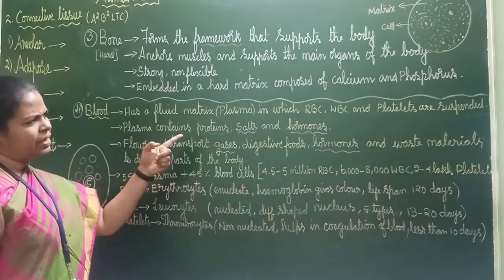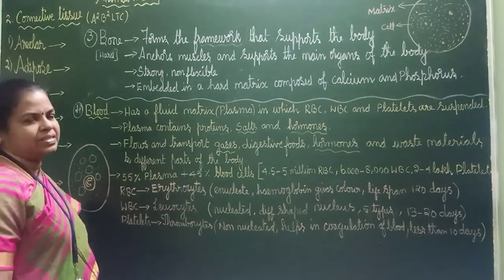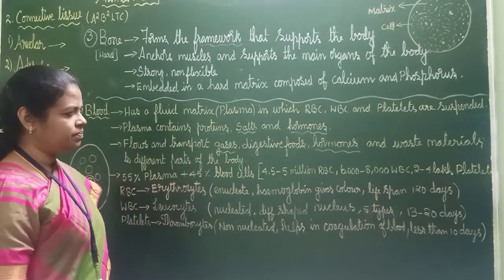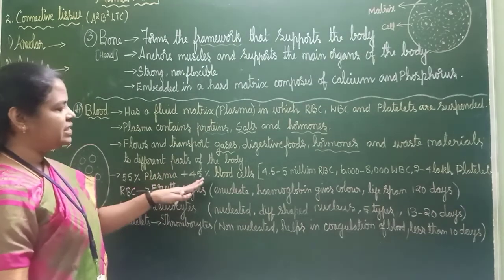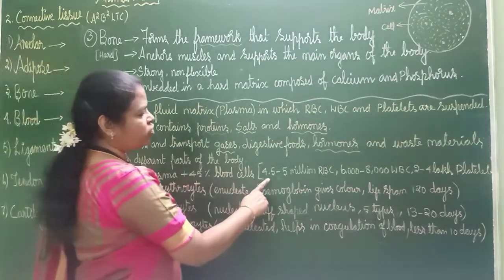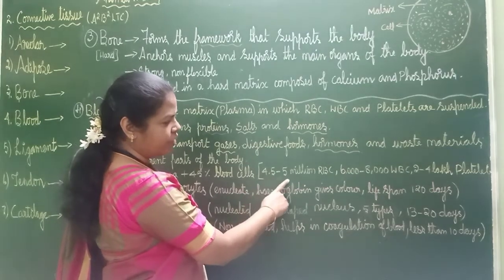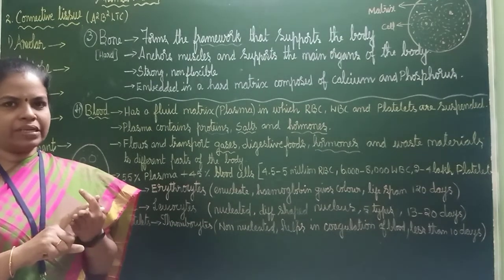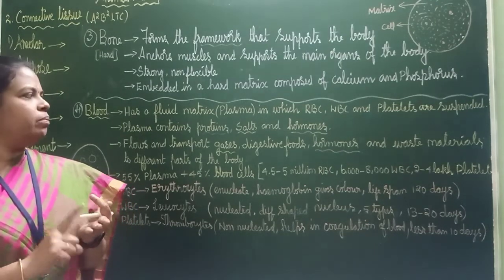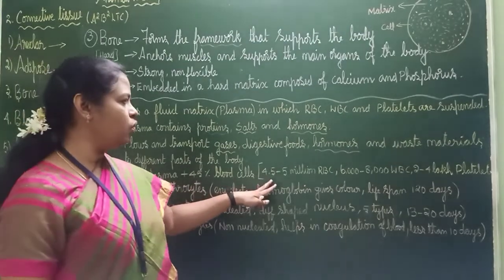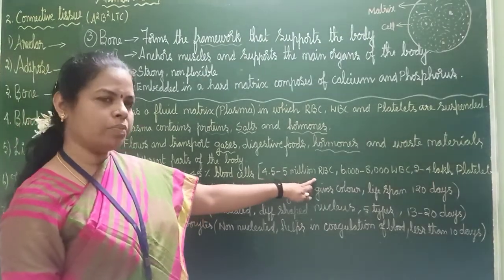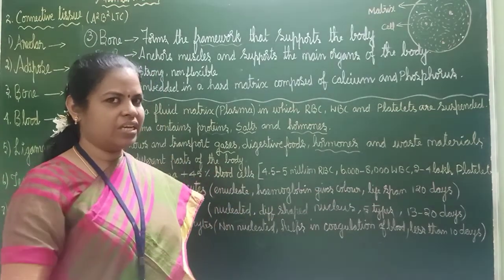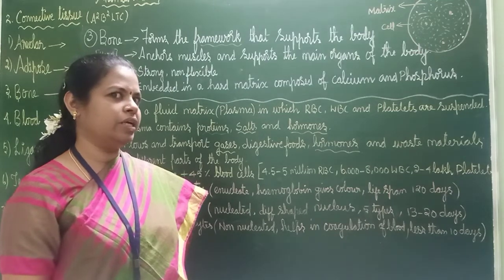As I said, the plasma and blood cells. See, 55% plasma and 45% blood cells are seen. In the blood cells, you will be seeing 4.5 to 5 million RBC. You have heard of RBC, WBC and platelets. These are the three cells. Which is more? 4.5 to 5 million RBC, 6,000 to 8,000 WBC. I am telling about one drop. If you take and see how many it will be, millions are there, no?